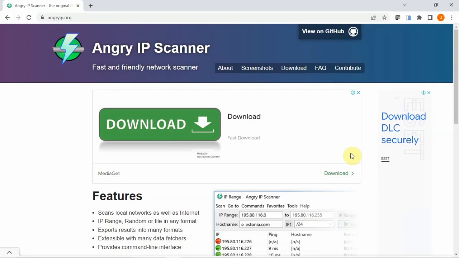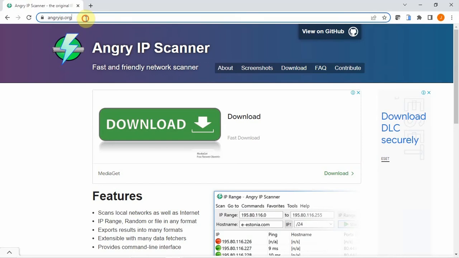But before we do that, make sure that you're connected to the same network as what we have configured in our Raspberry Pi setup. So for us to be able to get the IP address that was assigned by our network, then we'll just use that tool called Angry IP Scanner. And this is the website where you can download the